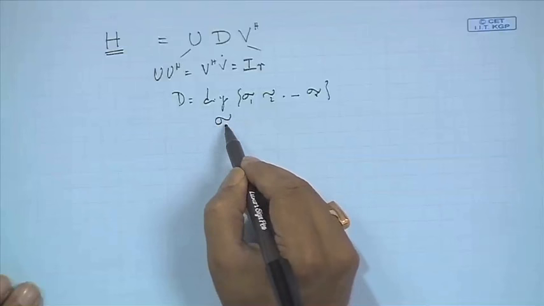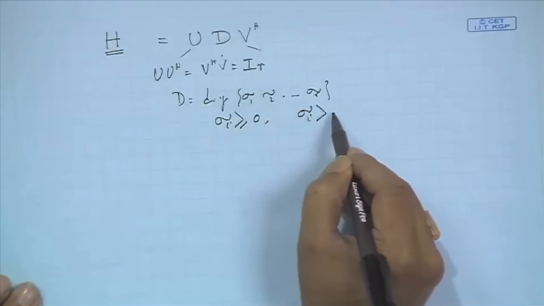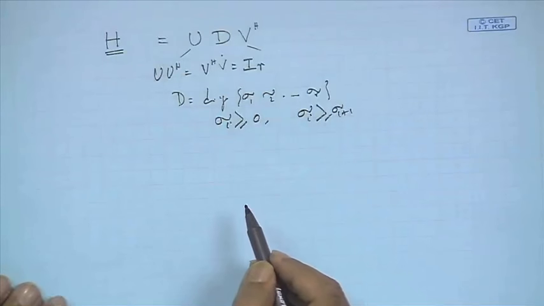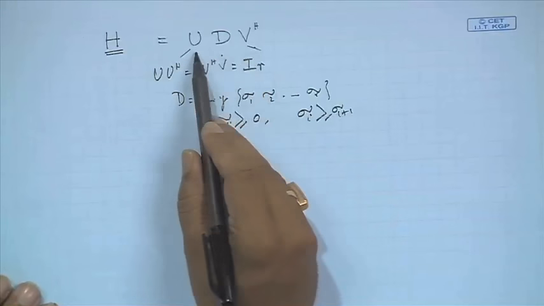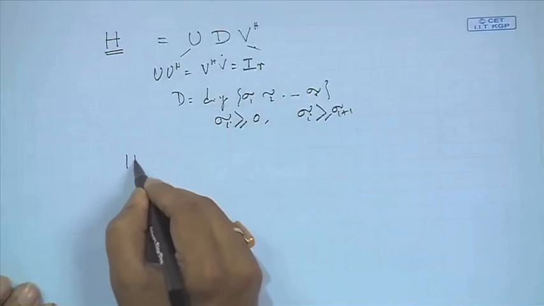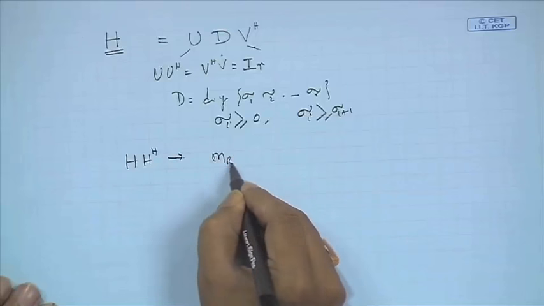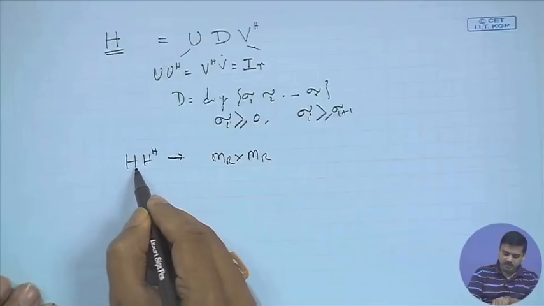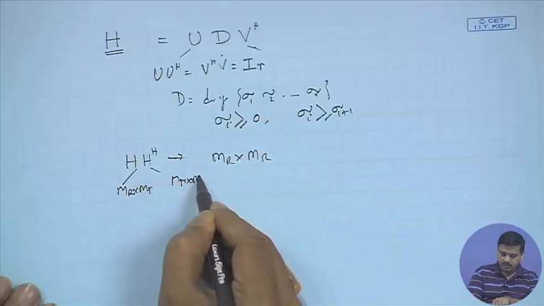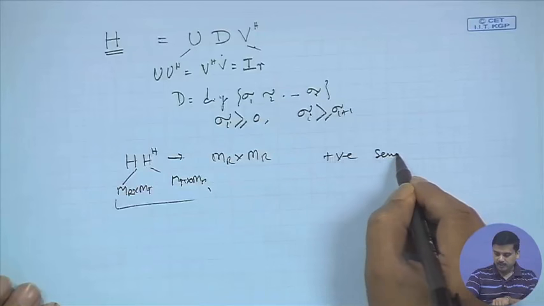And we have said that we will make the criteria that sigma i is greater than or equal to 0, and sigma i is greater than or equal to sigma i plus 1. That means it is an ordered matrix. These are the singular matrices containing the singular vectors. And H H Hermitian, this is MR cross MR, clearly because this is MR cross MT and this is MT cross MR. So basically this whole product is MR cross MR, positive semi-definite